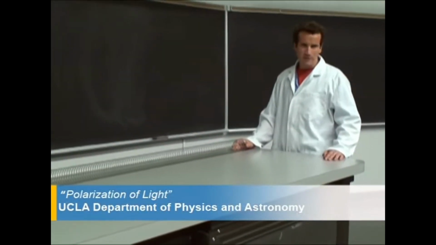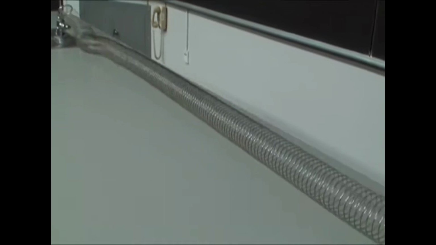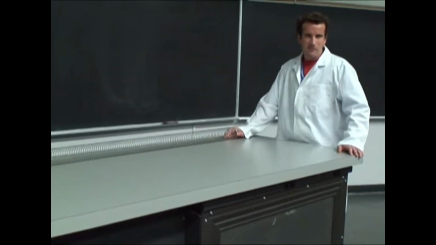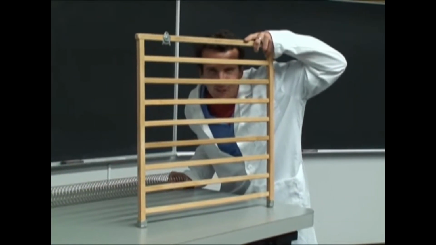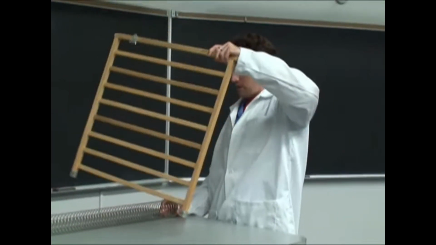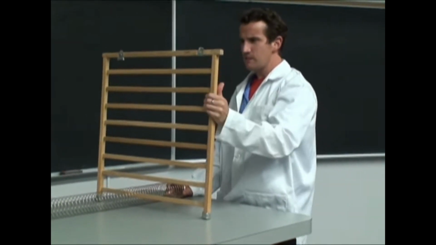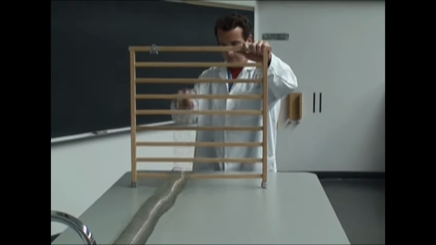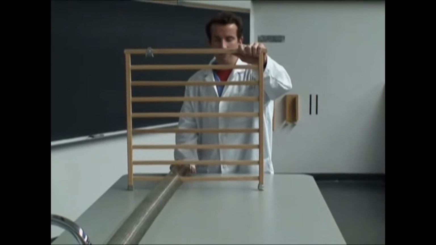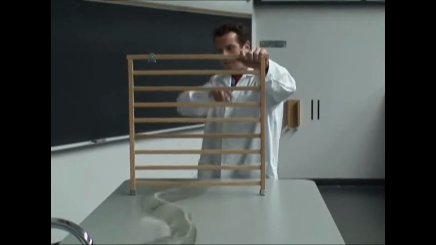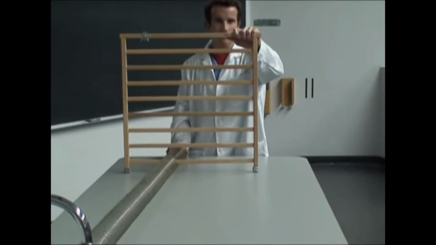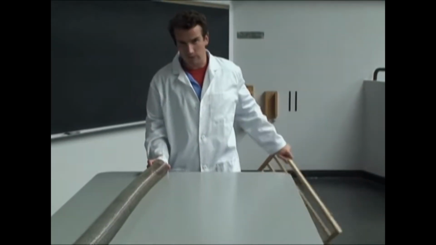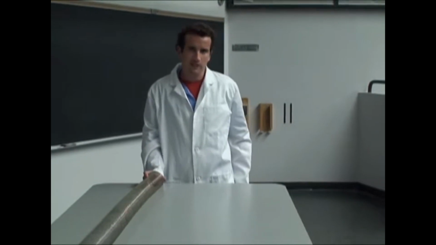Now, you might be wondering, is light a transverse or a longitudinal wave? How could we test this? This device is called a polarizer. It's designed to let waves get through in only one direction. As I send the wave out, it gets through fine that way, but this way, I can't get the wave through. No matter what crazy wave I send, only the left and right components get through. It's been polarized. Now that only works on transverse waves. If it works on light, then light is a transverse wave.